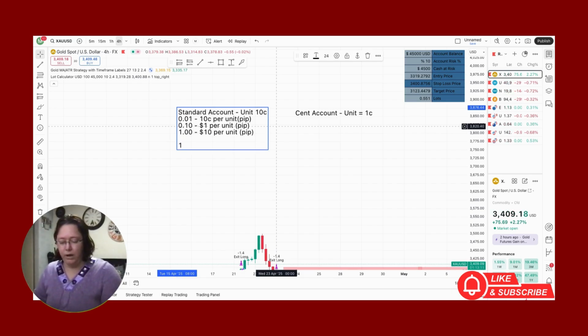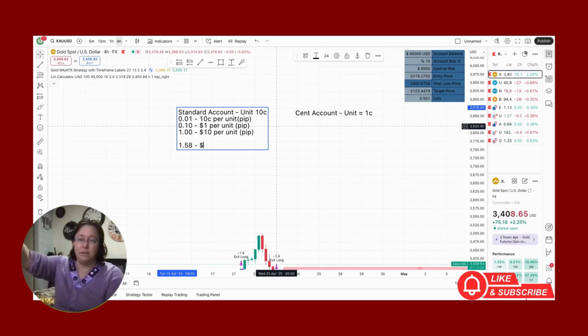Let's say you do a 1.58 lot size, just for argument's sake. So that means that because you've got the one in the front, it's $10, right? And then it's $5, so it's $15.80. So you are risking on this trade, because remember, you got the lot size in the beginning, which is